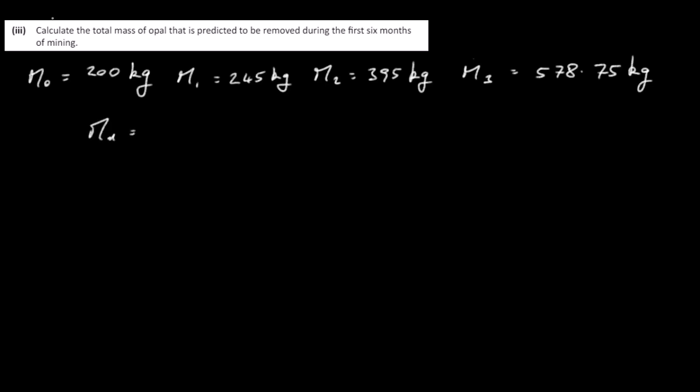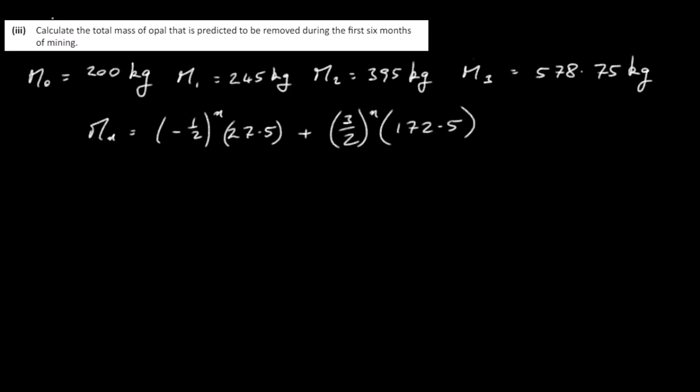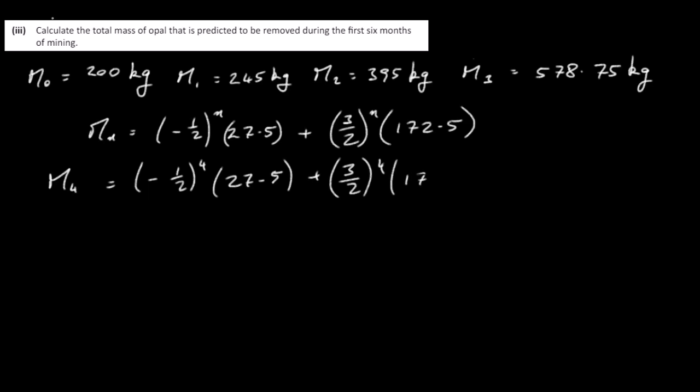We know that Mn is equal to minus a half to the power of n, 27.5 plus 3 over 2 to the power of n times 172.5. So really all you've got to do is put in 4 and 5 into that equation. So M4 is equal to minus a half to the power of 4 times 27.5 plus 3 over 2 to the power of 4 times 172.5. When you do that, you should get 875 kilograms. You do exactly the same for M5. I won't write it out, but you should get